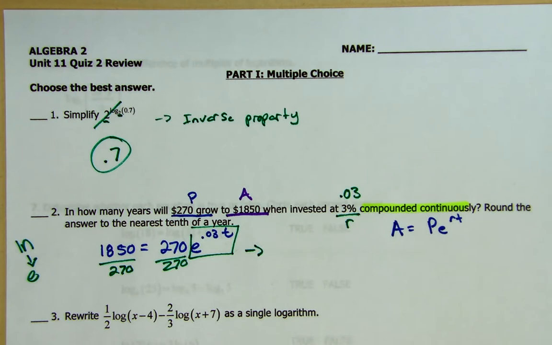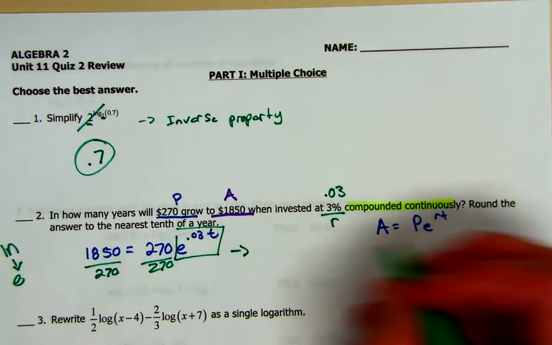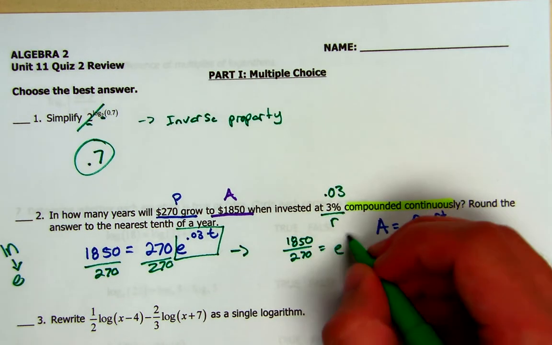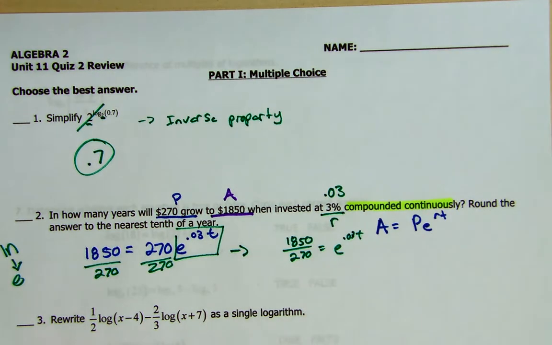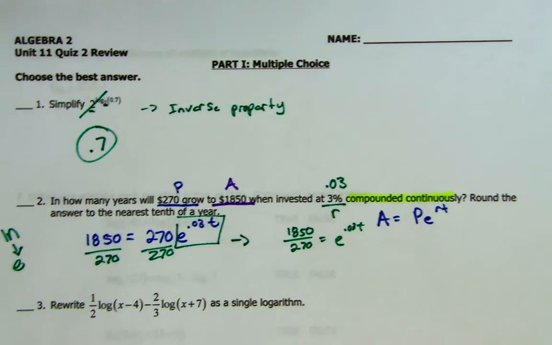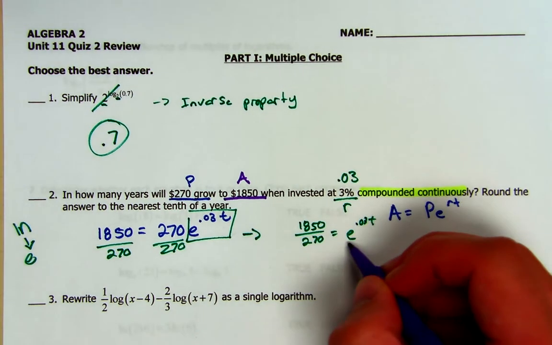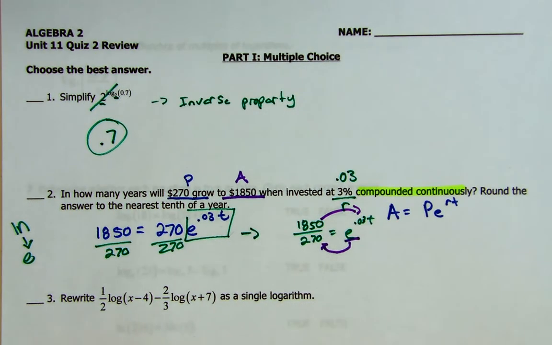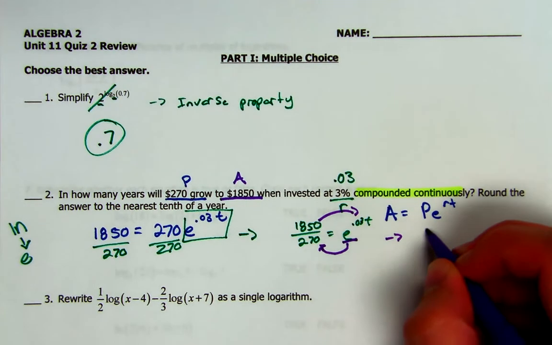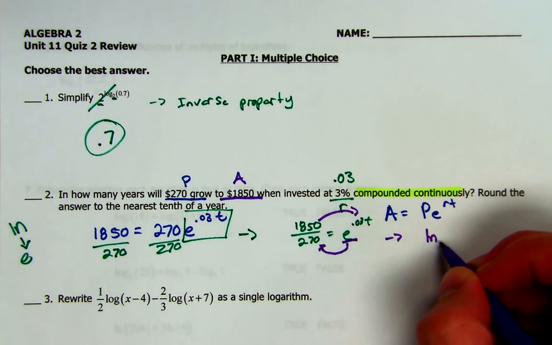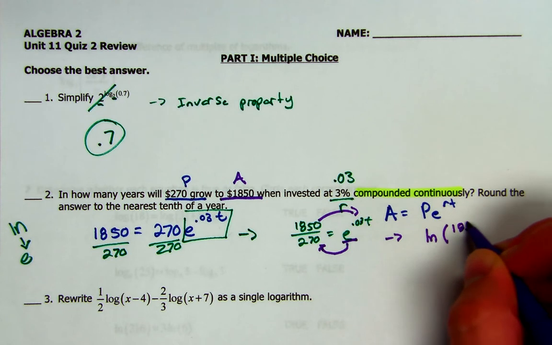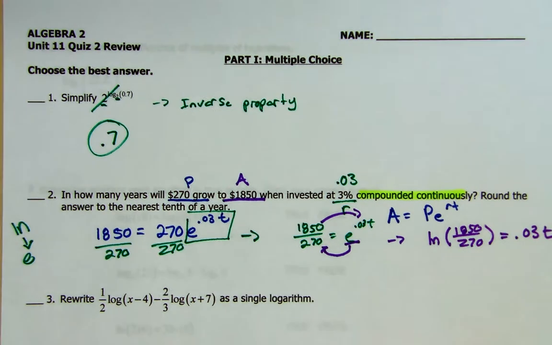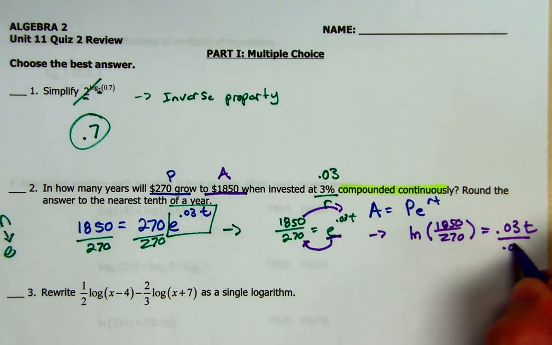So what does that leave me with? Well, a big fraction, basically. So 1850 divided by 270 equals E to the 0.03t. Again, how do I convert this? Remember, a log base of something is an exponent. So here we go. We need the natural log. Now E, I don't have to write E here, of 1850 over 270 equals the exponent. Now all that's left to do is divide by 0.03,